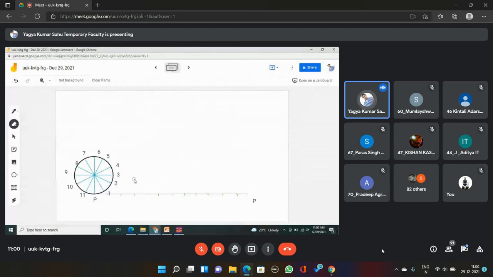Now write down the names of these points also, in a proper way. So I'm writing 1, 2 again. You can use 1 dash, 2 dash. Write the names of these points like 1 dash, 2 dash, 3 dash. Then draw a horizontal line from all the points in the circle. Draw horizontal lines.